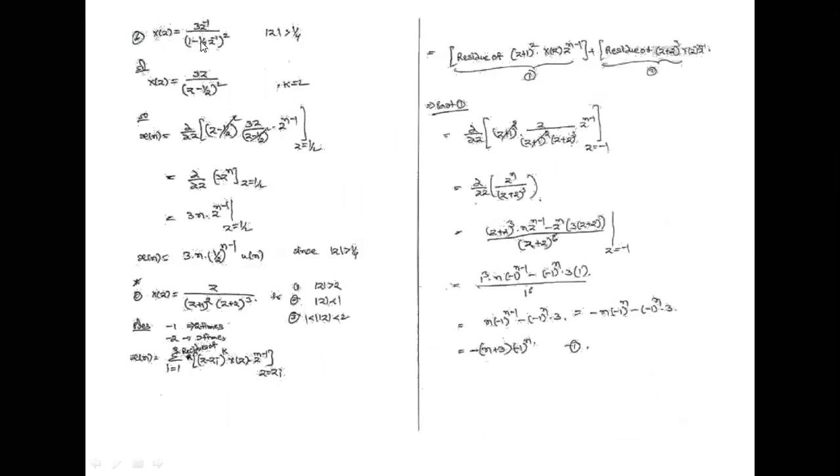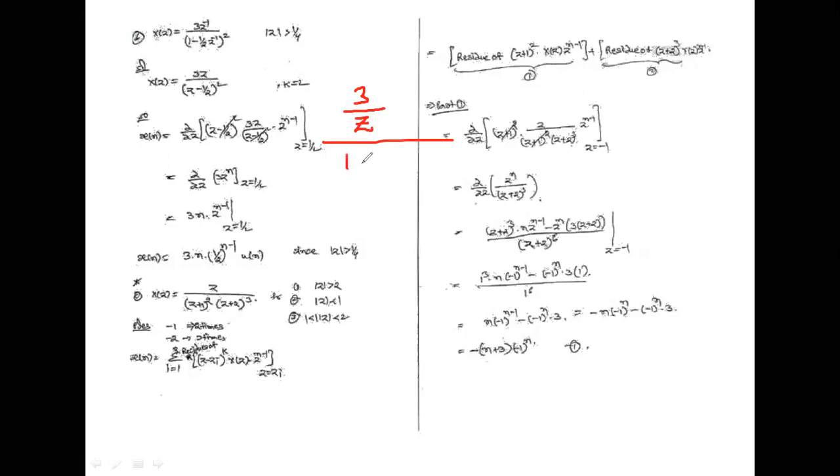3z inverse by (1 minus 1 by 2 z inverse) whole square. We already discussed this in the last class, but once again I am explaining it. What is the power here? The power is 2. First of all, the given negative powers of z are converted into positive powers of z. So 3z inverse means 3 by z,